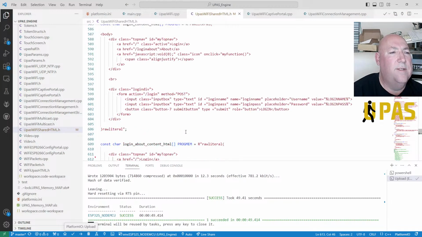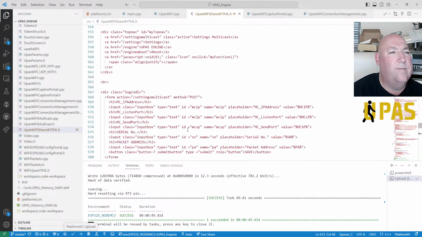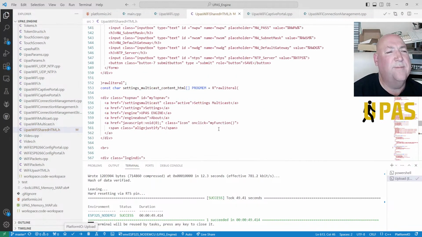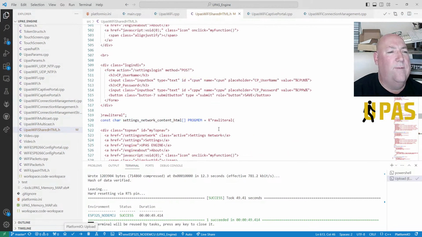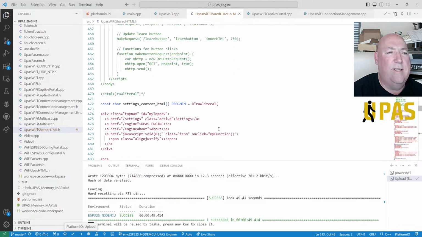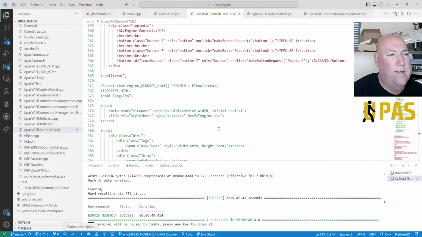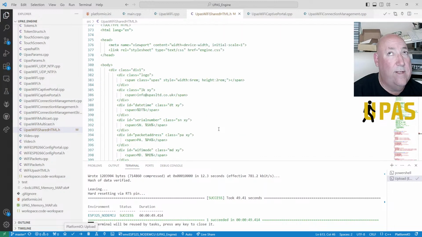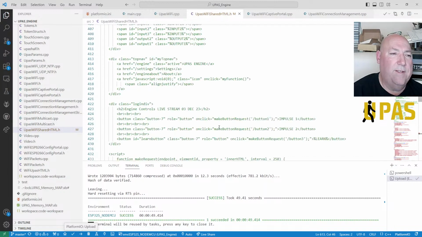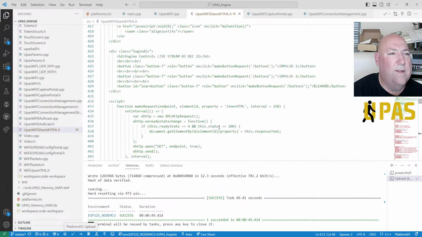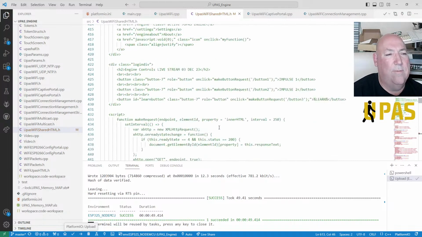No. Let's go up a bit. Settings. So we want one. It's not settings. It's not engine. It's its own thing. So actually, we want to put the learn button on there. So where is the learn button? It's on the engine. Oh, I've gone up and down like a yo-yo here.